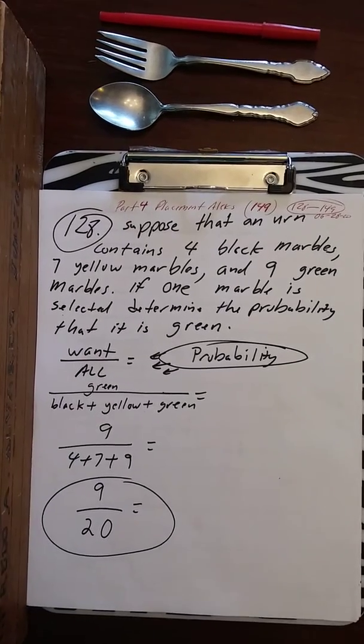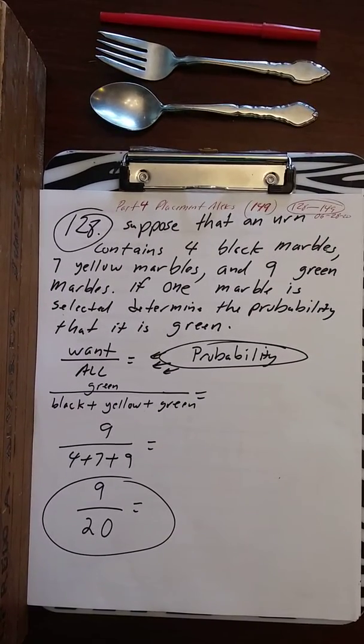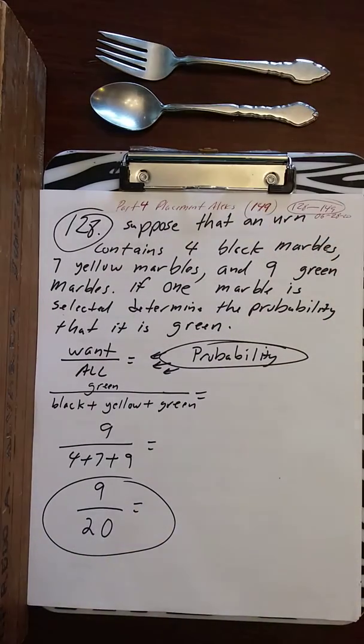Alright, we're going to do part 4, placement for Alex, 149 questions. We're going to do 128 to 149. Ready? Alright, let's get my pen here. So now,